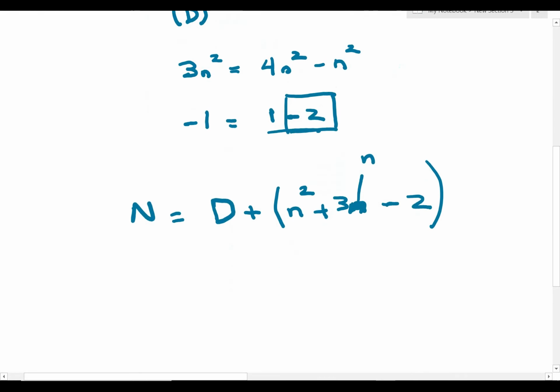So the biggest thing is we're adding, so this is of course plus. Let's write it out again. So it's n squared plus 3n minus 2. So notice